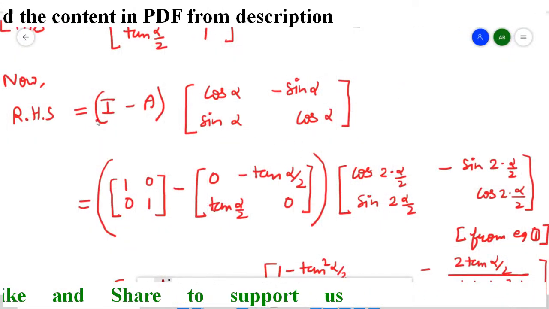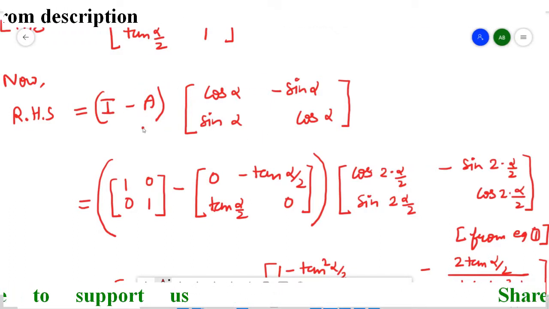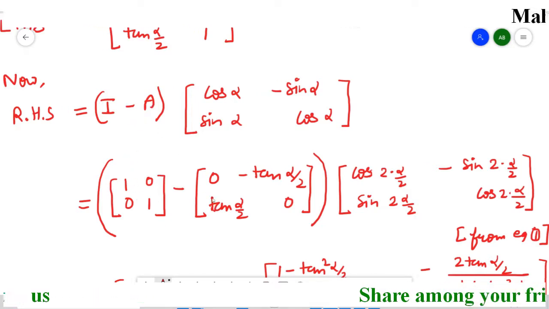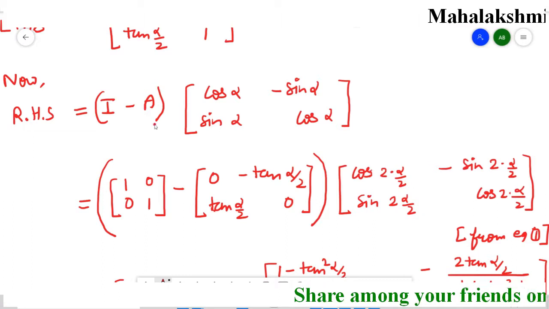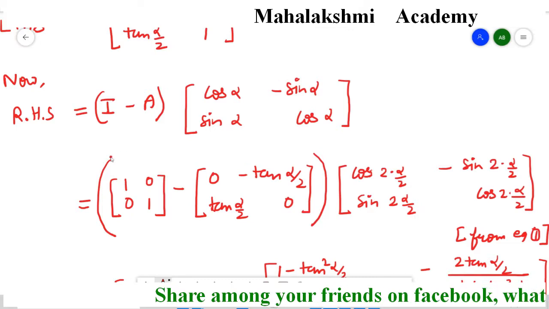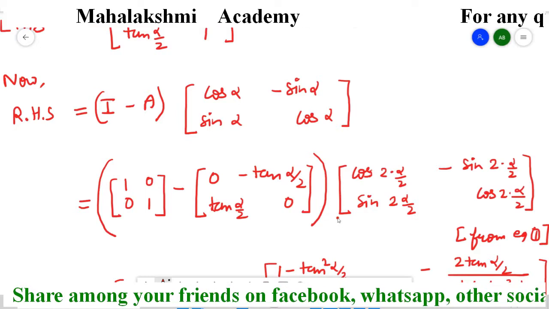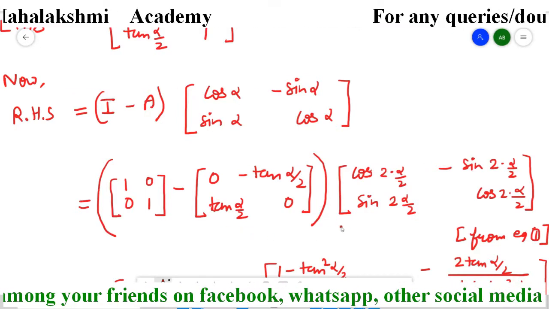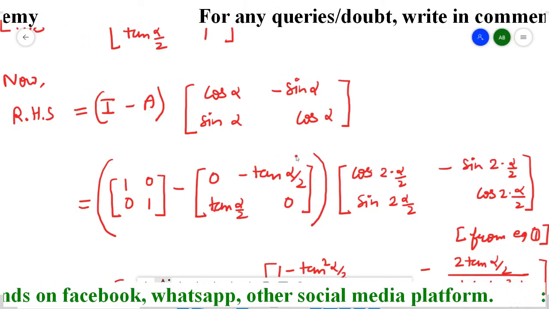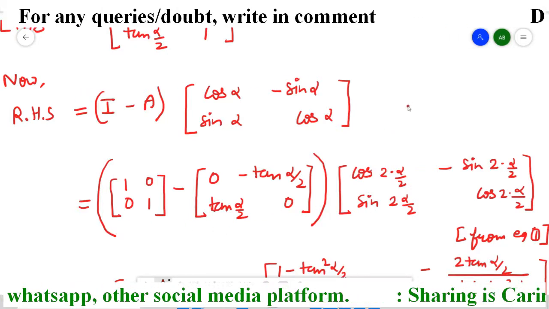Now the right hand side. We started the right hand side: I minus A multiplied by the given matrix. Now in I minus A, I is a square matrix and A is another square matrix. Since they are already in a small bracket in the question, I wrote the small bracket like this, and in this small bracket you have to write both the matrices, otherwise the meaning will change, students. That's why write in the same way. The conclusion is, first we have to subtract them, and then whatever result comes, that result will be multiplied by the matrix. It is only possible if we use the brackets properly.